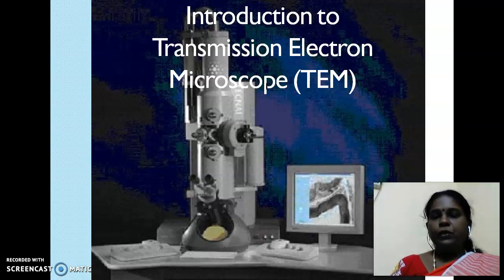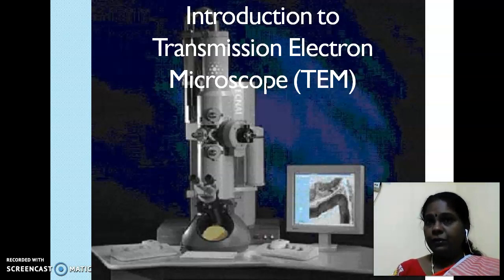Using an optical microscope, you can distinguish objects that cannot be seen by the human eye. Since in an optical microscope the source of illumination is light, it has limited application. That is, the wavelength of light is 400 nanometer to 600 nanometer, so you can distinguish objects or microstructures within